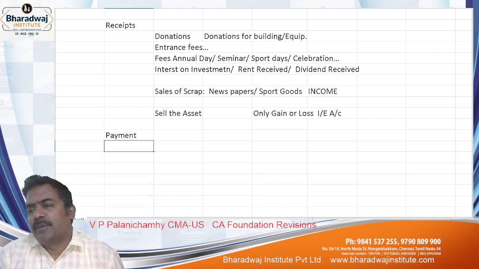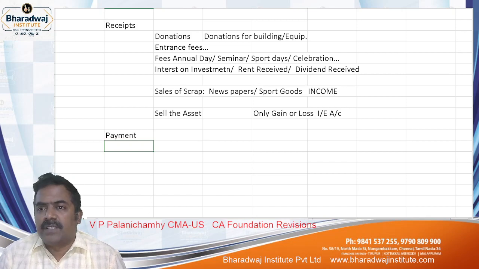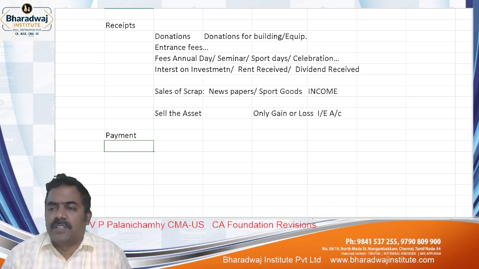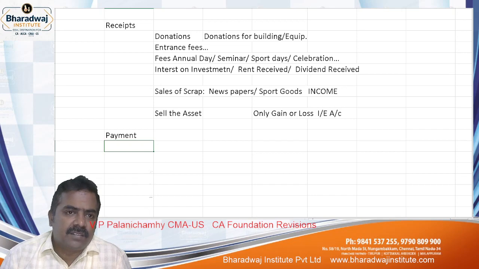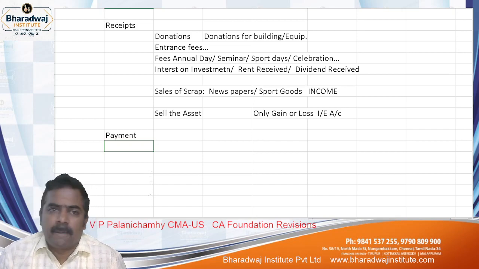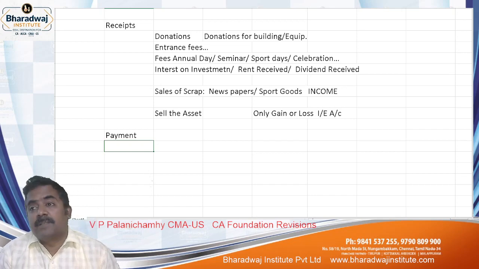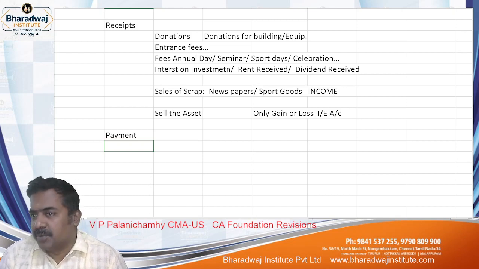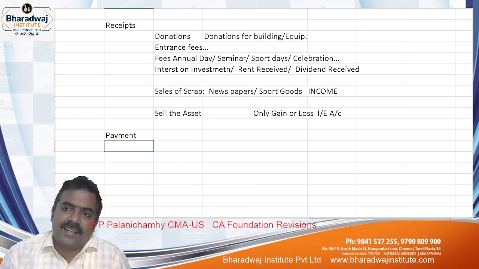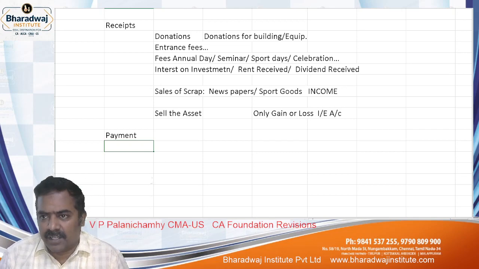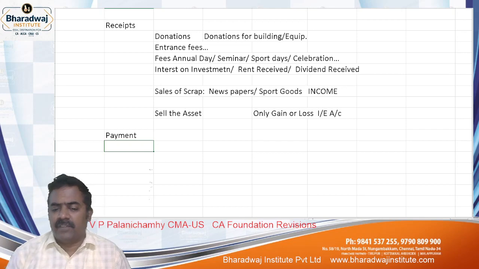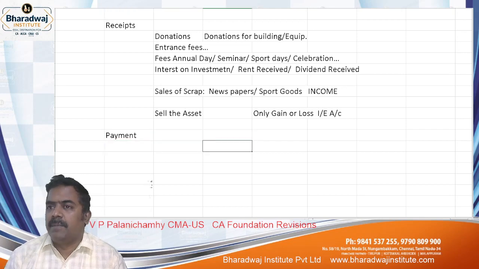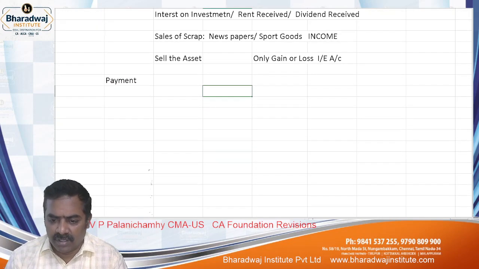Next, suppose if you purchase diesel for your generators in a non-NPO, revenue expenditure, bed sheets, etc. Revenue expenditure. If you purchase beds for patients, capital expenditure, long-term use. If you purchase a generator, capital expenditure. You will classify into capital and revenue expenditure. All revenue expenditures will be recorded in what? Income and expenditure account. The first point of discussion is subscription.